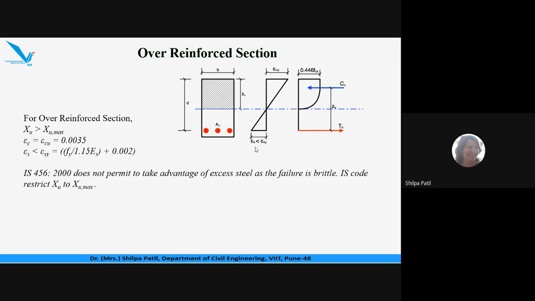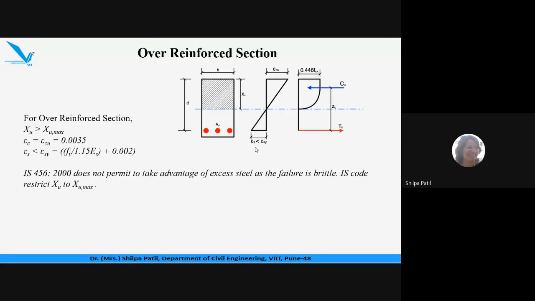Obviously by comparison of these two values, we get the type of section as over reinforced section. Still, for the further calculation of moment of resistance, we never use the actual XU value. It is always limited to the XU max value. This is because the failure is sudden,